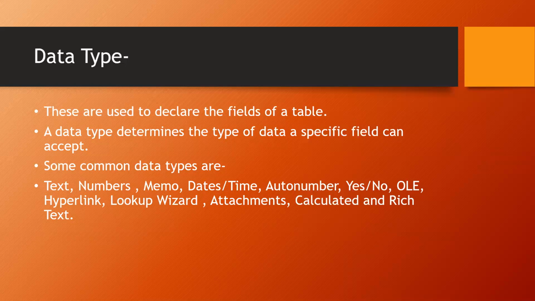Next is auto number. Auto number means by default you will be having 1, 2, 3, 4. Generally it is used in serial numbers, or in roll numbers also you can use it, as it will be in sequence. Then we have yes/no. That means it will have only one possible value, either it is yes or it is no, okay?